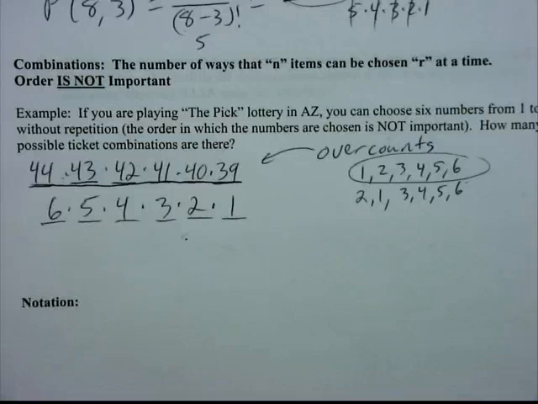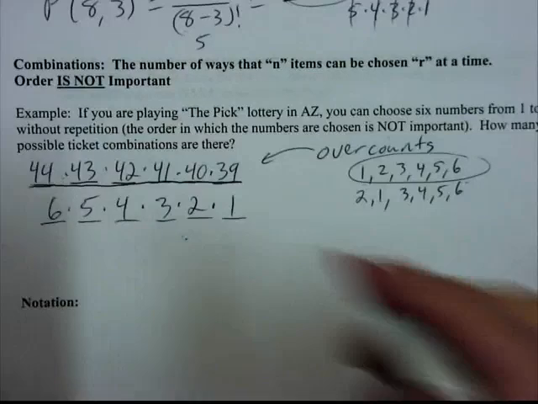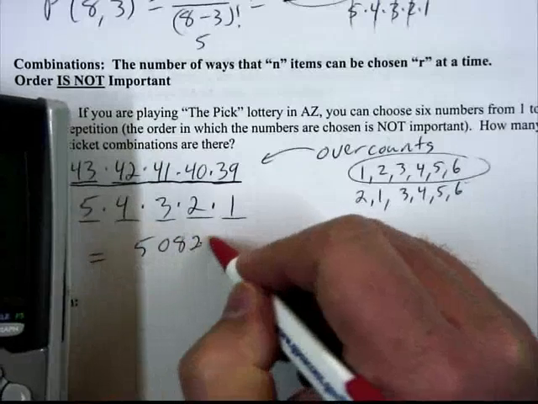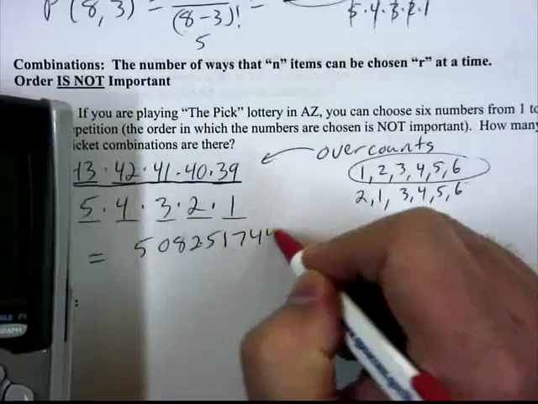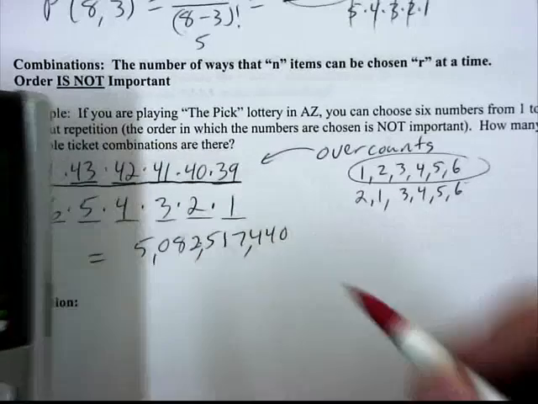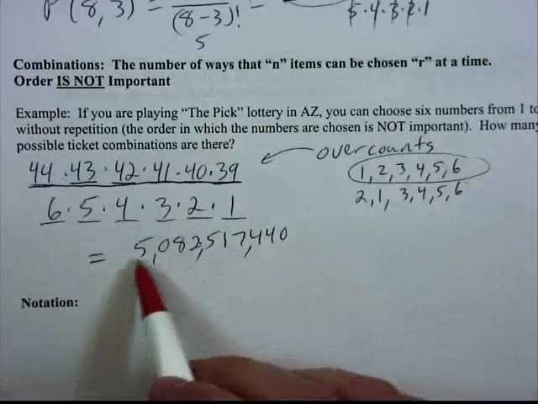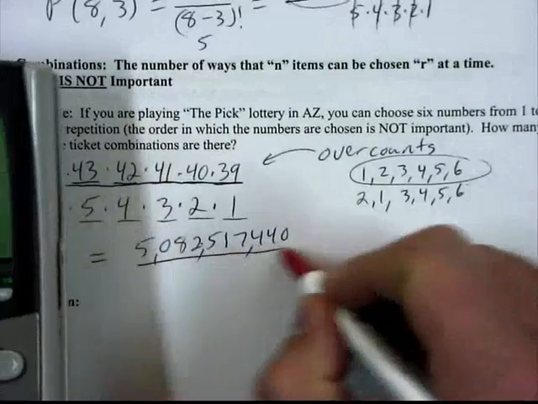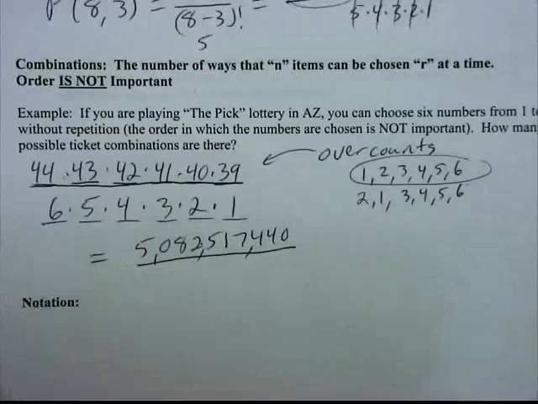So if I do that now, let's see what I get. 44 times 43 times 42 times 41 times 40 times 39 gives me a very large number, 5,082,517,440. So what is that? 5,082,517,440 divided by this overcount,